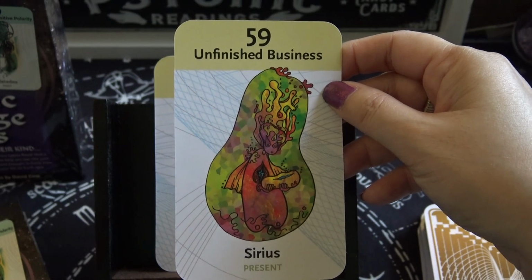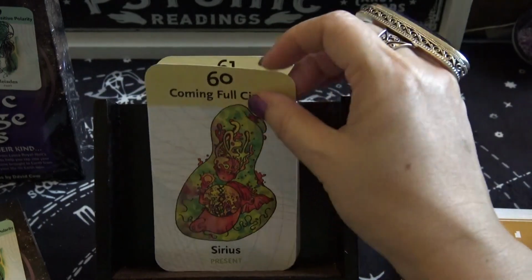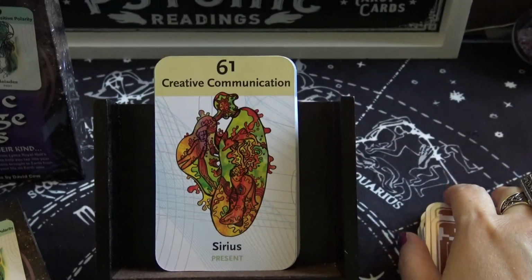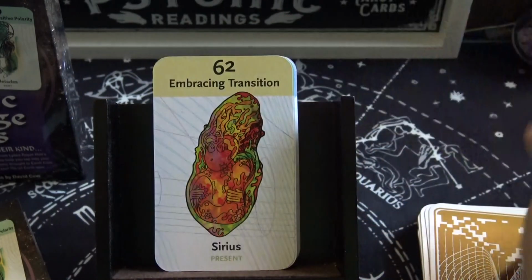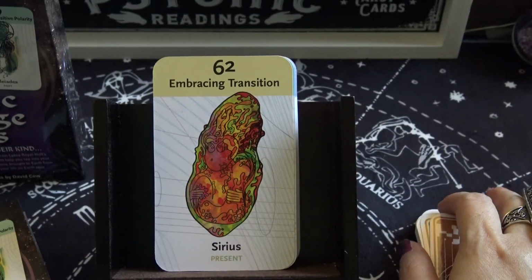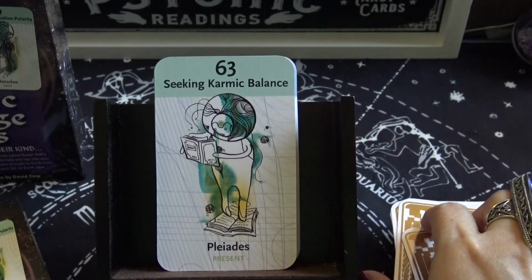Sirius present, so unfinished business. Coming full circle. Creative communication. Embracing transition. So now we're